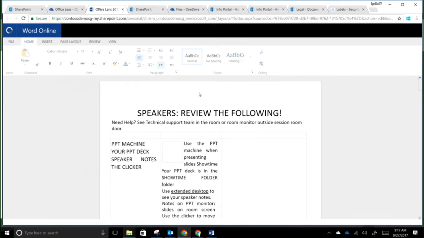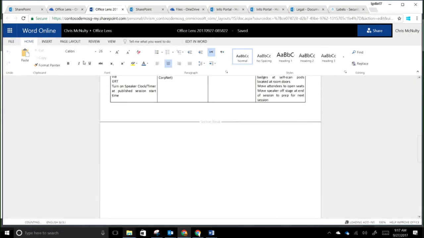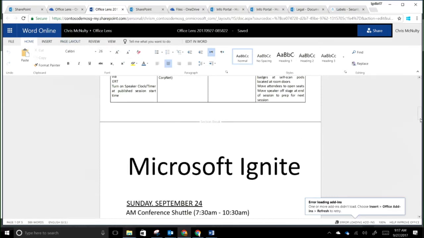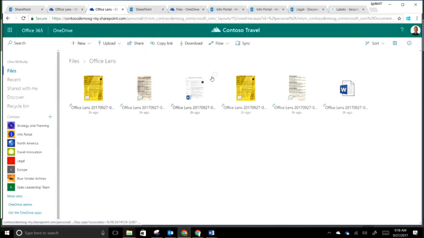And voila, I now have a document that's up here in Microsoft Word. And I can do more things with it. There we are, picking up the schedule, which is neat. Let's come back, take a look at it here. So I have a Word document. I could obviously edit it or make further changes to it. But most importantly, once I'm ready to kind of take it beyond the realm of personal storage,